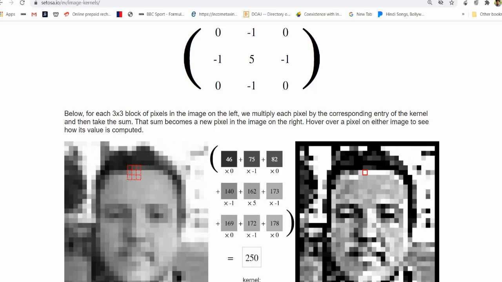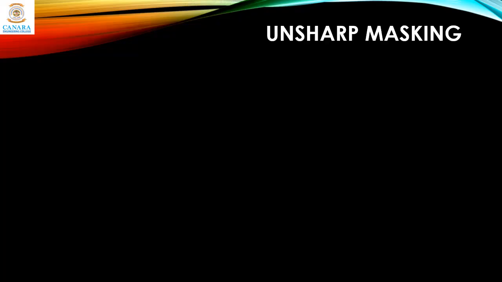And this is the procedure to calculate for each pixel. So you move the mask. You can see here on the left hand side, I'm keeping it at the top left, and as I move around, I get the pixel value for that. This is how we solve the problem on image mask processing.